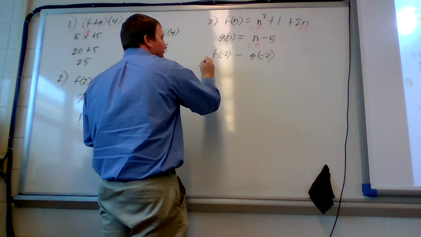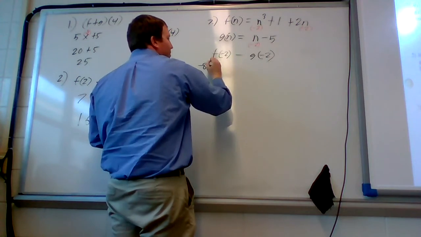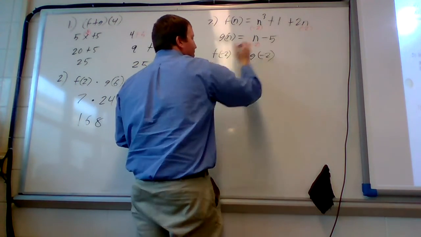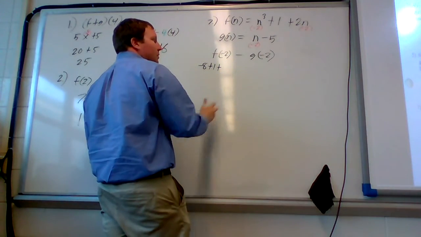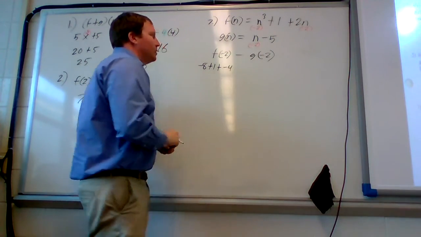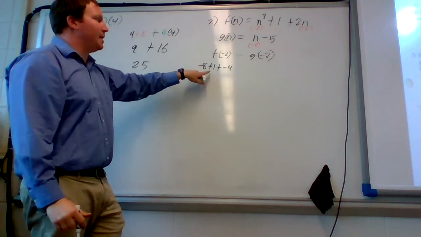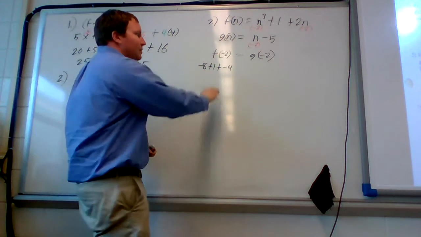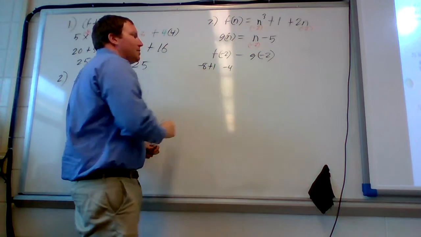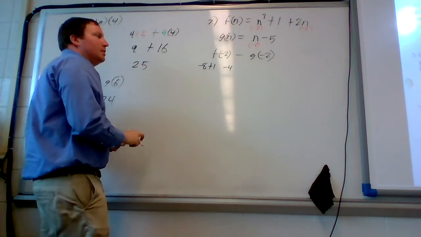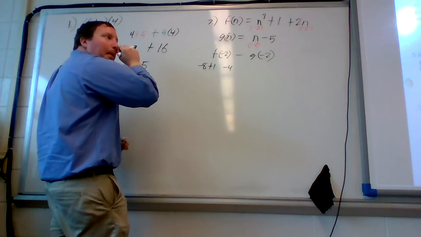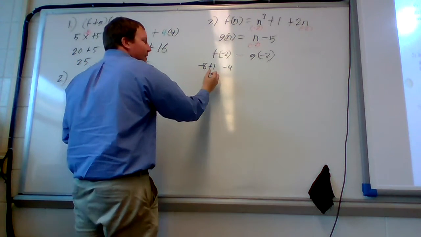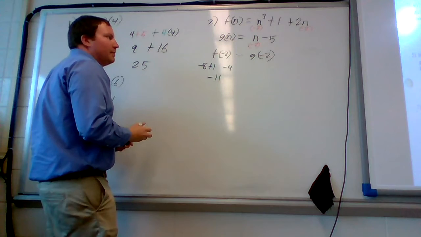So f of -2, we got -8 plus 1 plus, what's -2 times 2? -4. So f of -2 is -8 plus 1 minus 4. What does that value get us? -8 minus 4 is -12, and then plus 1, -11. Okay? So we have -11